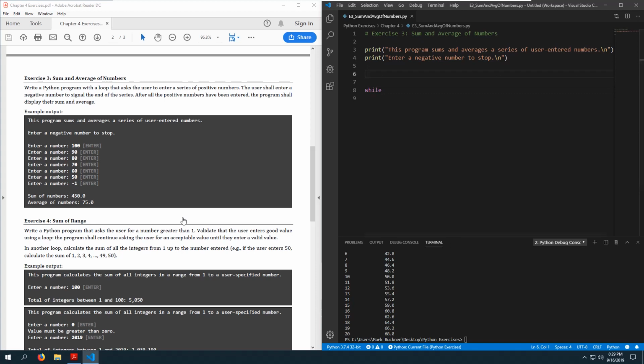We'll ask the user for, I'm just going to call this variable number, and it doesn't say that it has to be integer numbers, but we'll just go with integer numbers. We'll ask the user to enter a number, colon space. While number greater than or equal to 0, so it's enter a negative number to stop. Alright, so we want to do that. While number greater than or equal to 0,